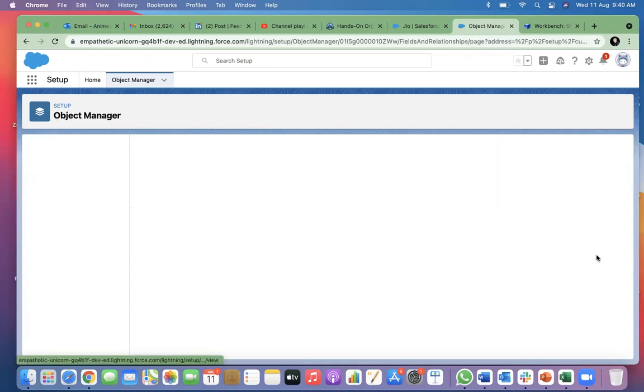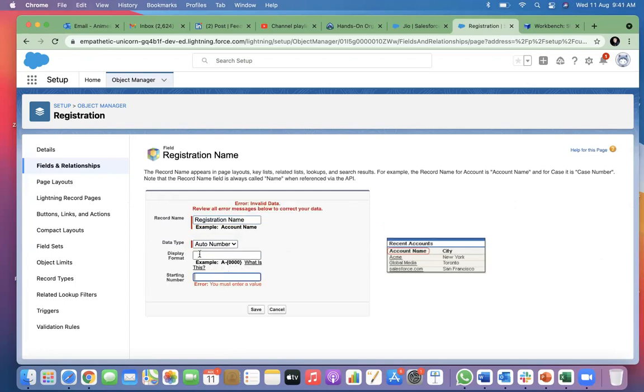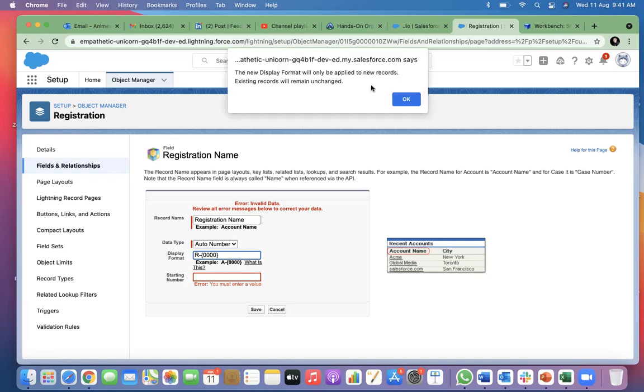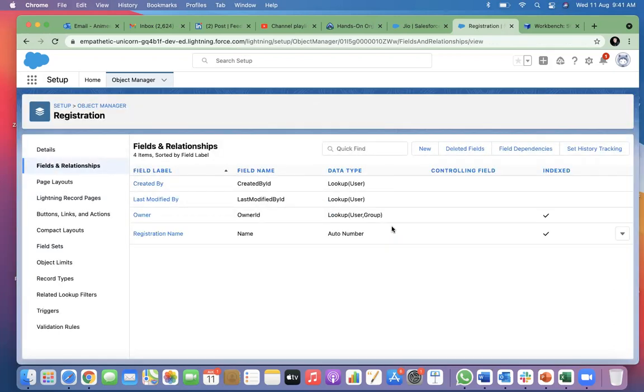If you go and edit it, instead of giving it a data type of text, you can do an auto number. In that case, you don't have to fill up anything. Salesforce will automatically generate a formatted number. You can have a display format like R, and you can have a 4 character registration number, and you can start from 1. In that case, the name field also does not need to be filled up. Okay, but how will you fill up data in this table?